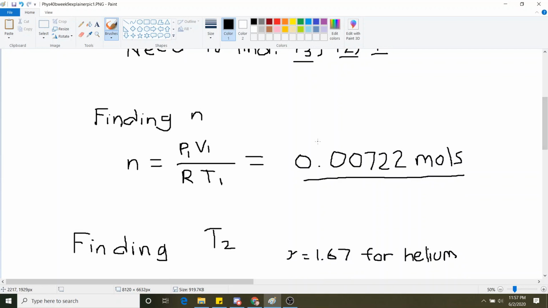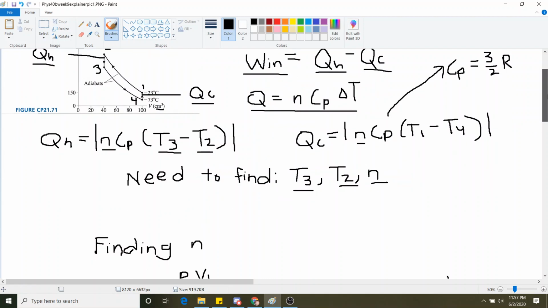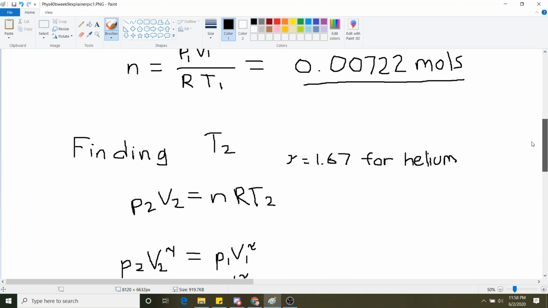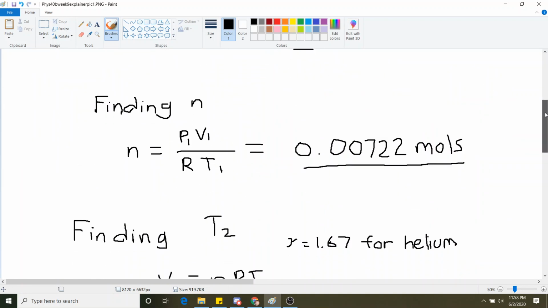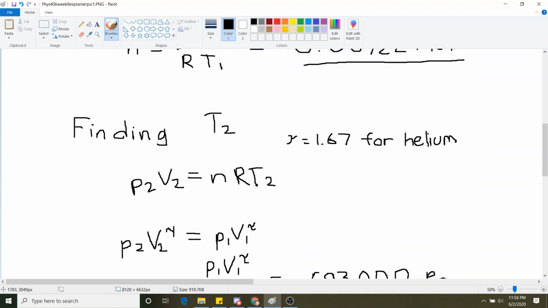After we find that, we need to find T2. Oh, and by the way, some common pitfalls when doing the algebra on this is that the pressure is in kilopascals, so that's going to need to be converted to pascals, and the volume is going to be in centimeters cubed, so that's going to need to be converted to meters cubed. So we're going to find the temperature of the second point, which is going to be this point right here, and in order to find that, we can use the ideal gas equation,